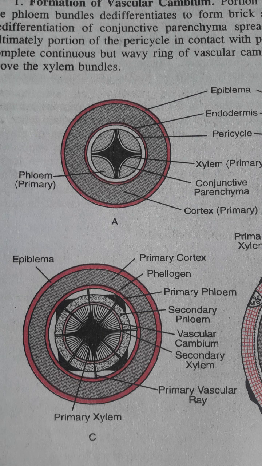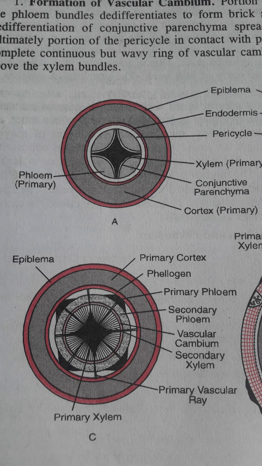Now the secondary xylem consists of vessels, xylem parenchyma and fibers. Okay, here tracheids are almost absent. So these tissues will help in conduction of water and minerals. Again, the secondary phloem consists of sieve tube, companion cell, phloem parenchyma and phloem fiber, and these also help in providing mechanical support and conduction of food materials.